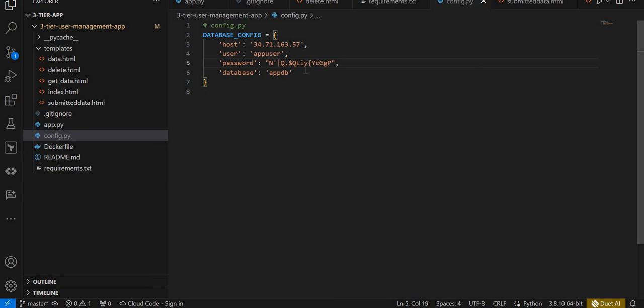So this password I will use in my config. So all these details, whatever I did, I will use in config. I will be deleting the instance after this demo, so do not worry even if you see this password. Okay. So this is correct. Database appdb